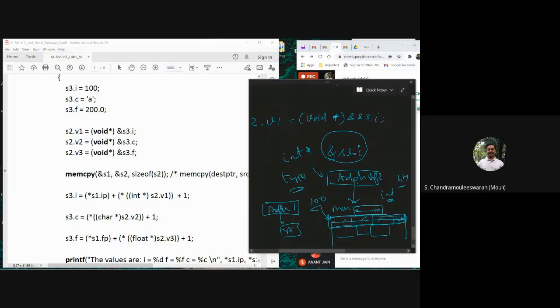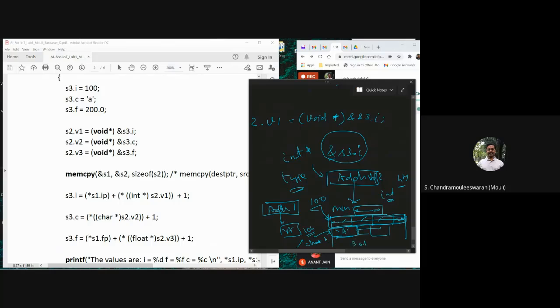I have only one address, but I read 4 bytes starting from that address. Whereas if I have another address 104 here, and if it happens to be a character star, then I will not go on reading it. I will read only 1 byte and then say, okay, this character star points to one character, which is 1 byte. So that is what I said, scalar value.